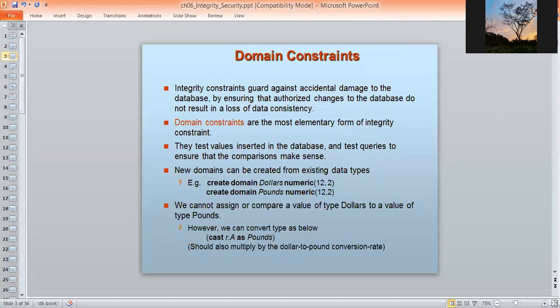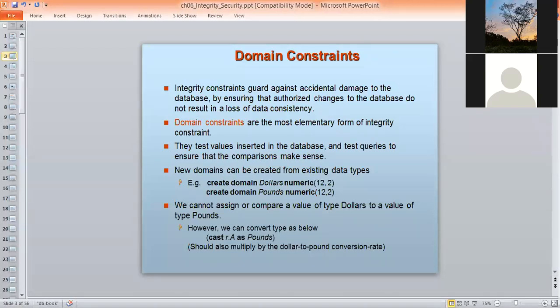For example, new domains can be created from the existing data types. For example, create domain dollars numeric(12,2), create domain pounds numeric(12,2). That means it will create a domain for the dollar variable with a numeric data type with a specification of 12 digits and 2 decimal places allowed.